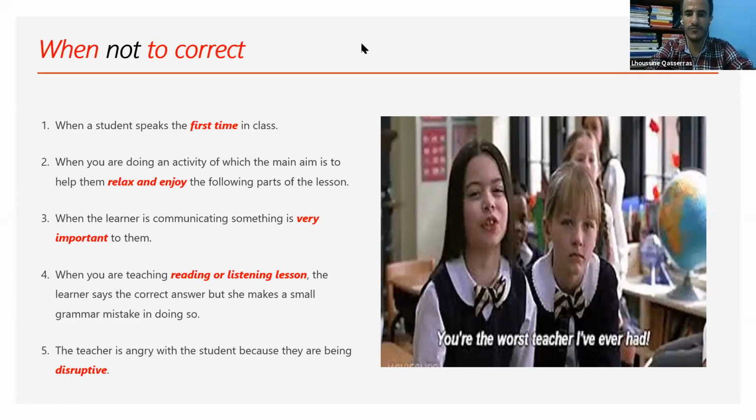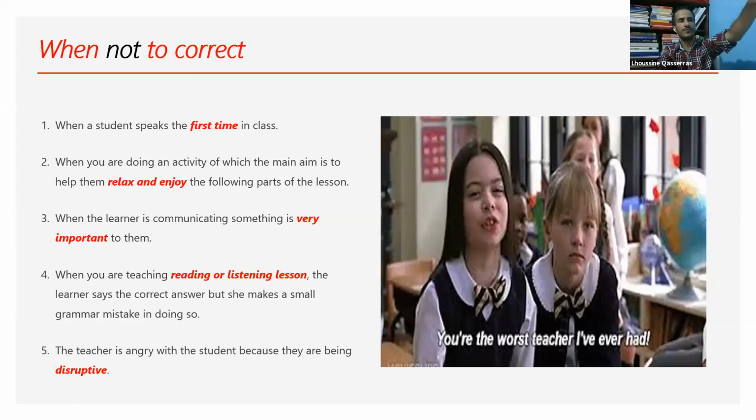All right, so let's move on to the next slide. Yeah, Badia said, can you explain number 5? Yeah, number 5, we talked about it. The teacher is angry with the student because they are being disruptive. It means here, you should not correct students all the time because those students are troublemakers, for example.